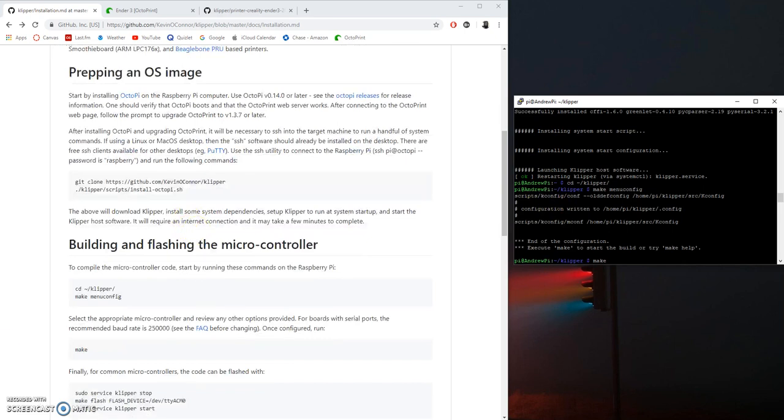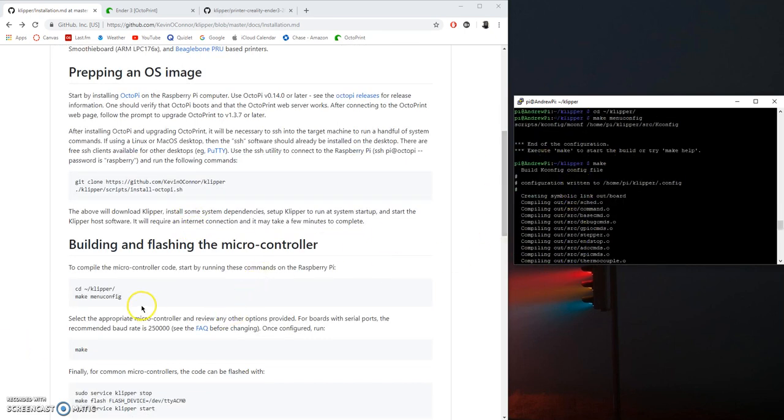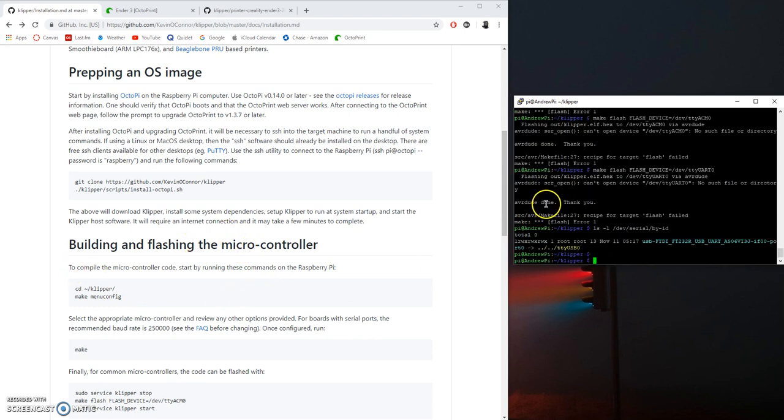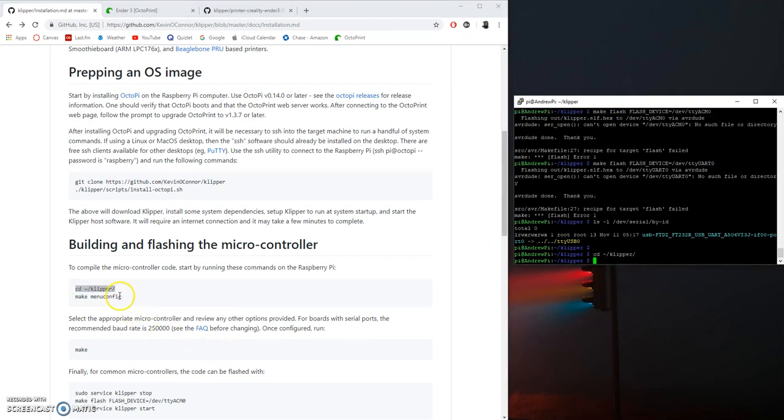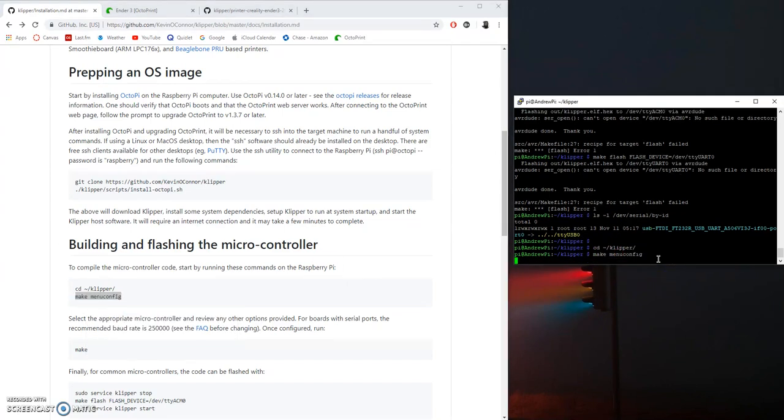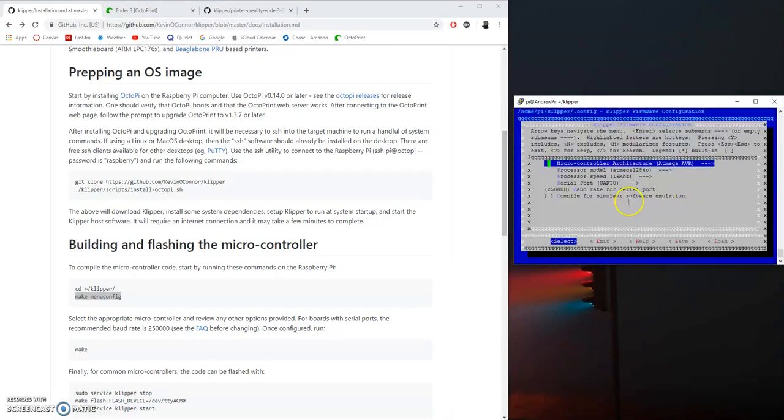So after that, you're going to change the directory into Klipper and do the configuration. So let's do that right now. Actually, I'm just going to copy and paste it. That makes it a lot easier. So I'm already in the Klipper directory, obviously, just for redundancy reasons, so you guys can follow along. So we're going to run our configuration right now. Hopefully this will load quick. Alright, so